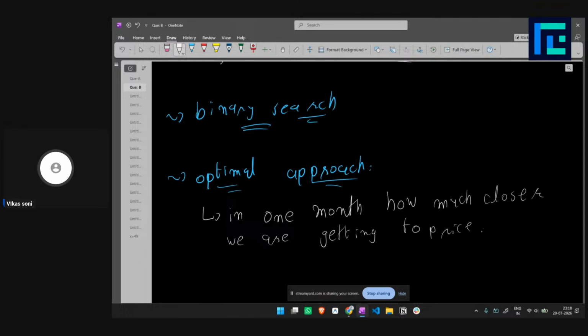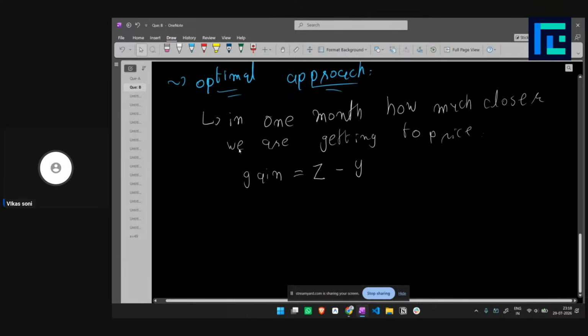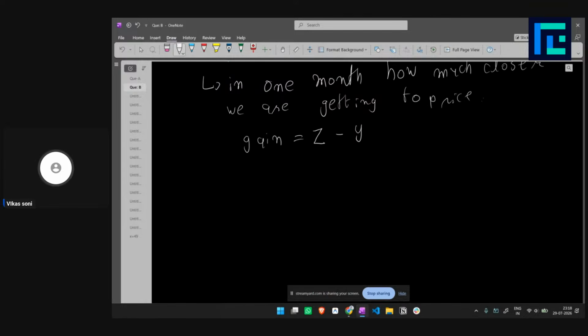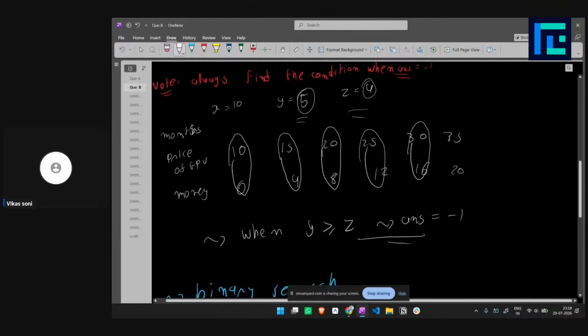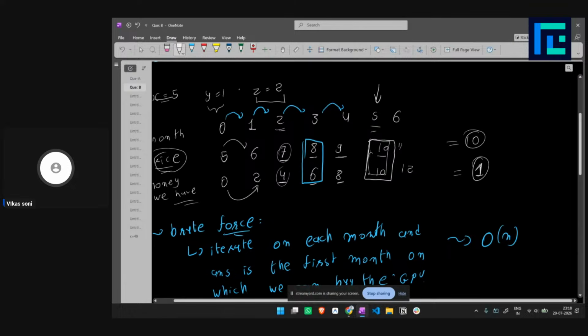This is what we have to find. Let's call this gain, right? So the gain will be the money we are getting, X, minus the increase in the price of the GPU, right? So let's take some test case. Let's take this one only. In this, you can see that if Y is equal to 1 and Z is equal to 2,